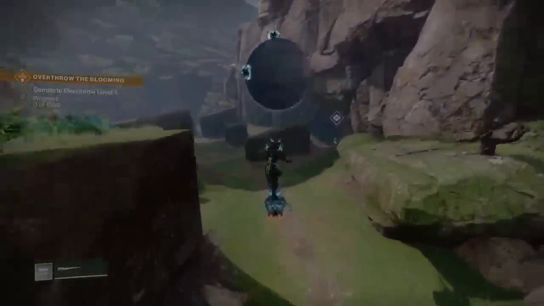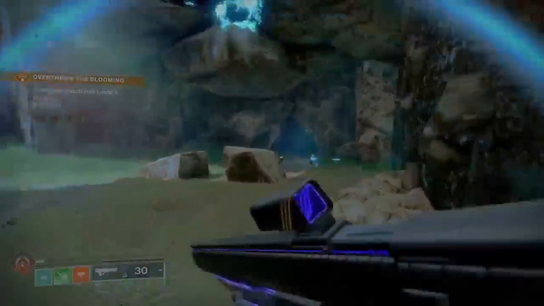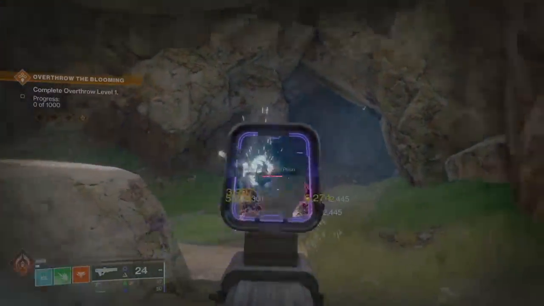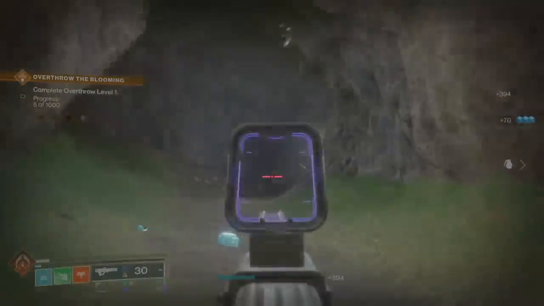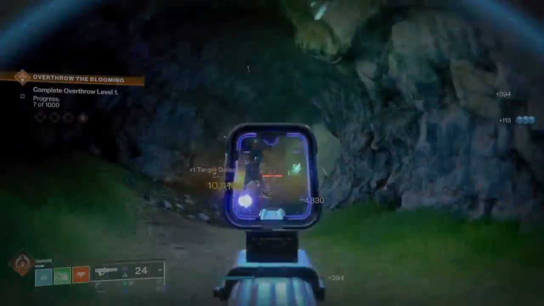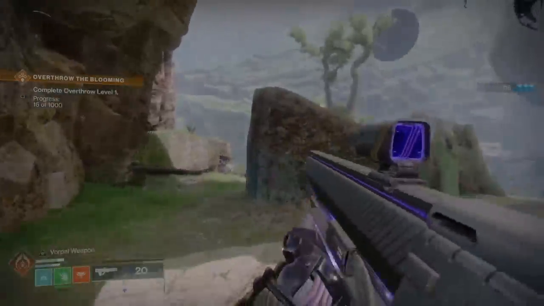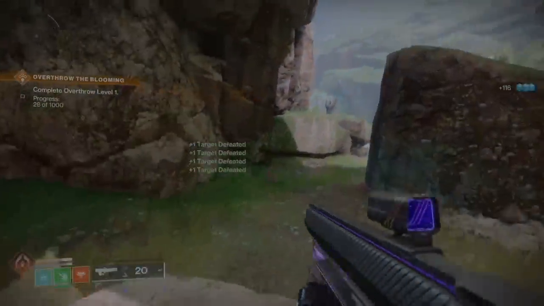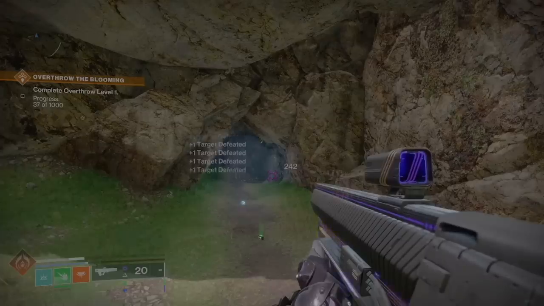Now, the other thing that I wanted to talk about briefly is I'm going to call this a loot cave because you'll see why in a second. But this place in the Blooming has this very unique enemy spawn where I think it's a roaming boss may spawn in. I don't know if it's a public event that just takes place in this one particular cave, but